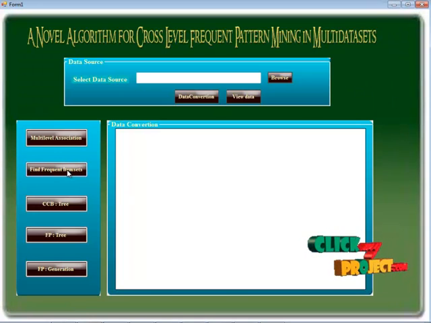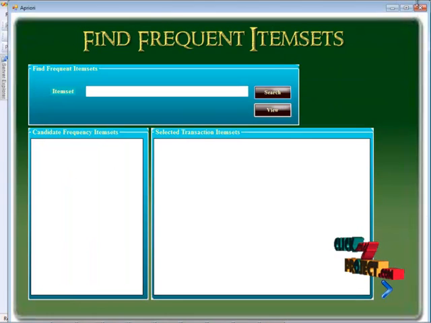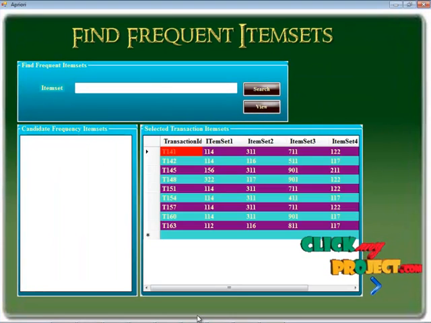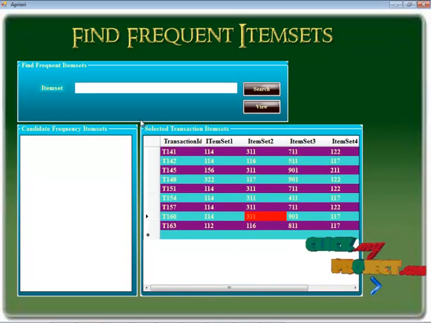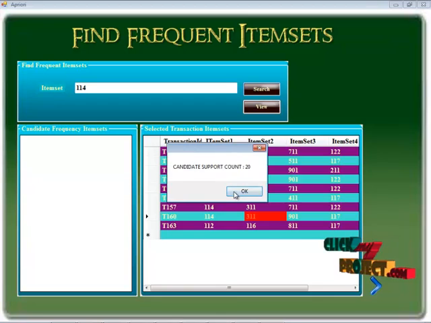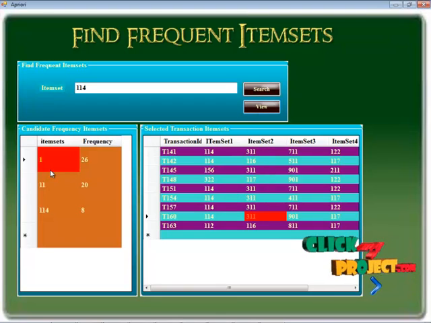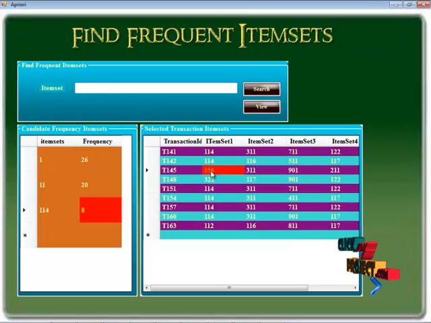It is the find frequent item set form. By clicking that button, we move on to that form. Now we double click the text box. It shows the data set which we already selected. And now we give the item set in this text box. It will insert it in the database, and we view that by clicking the view button, and it indicates that 1 has count 26, 11 has count 20, and 114 has count 8. And after that we give the same for 156